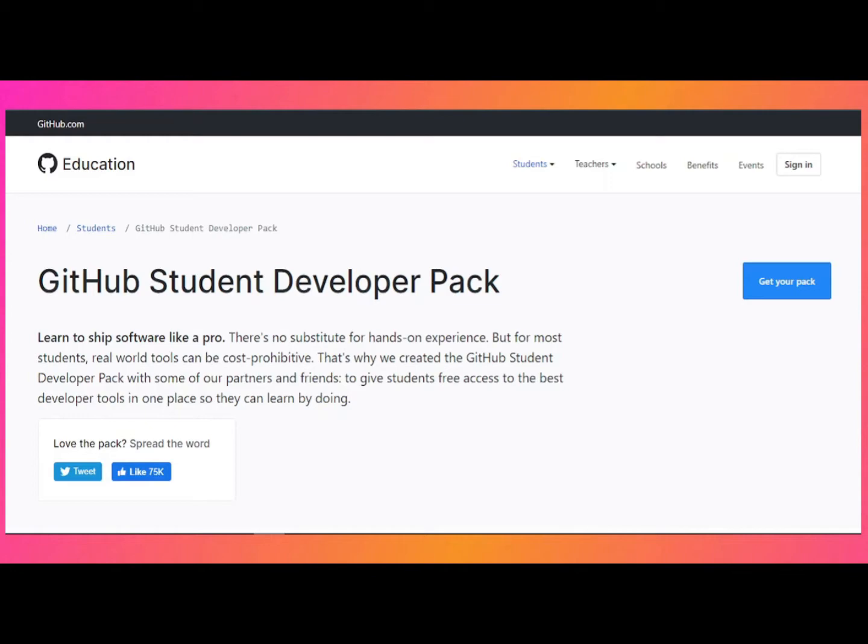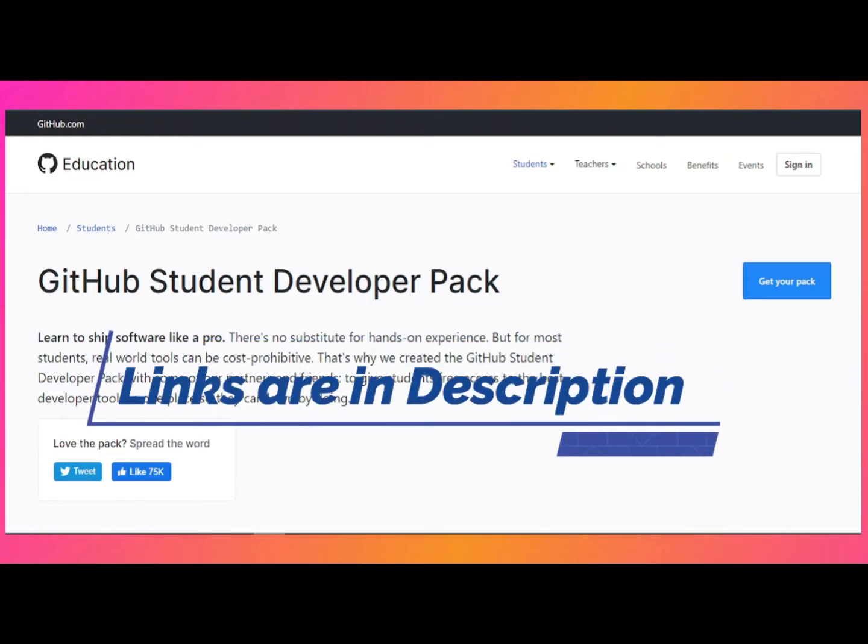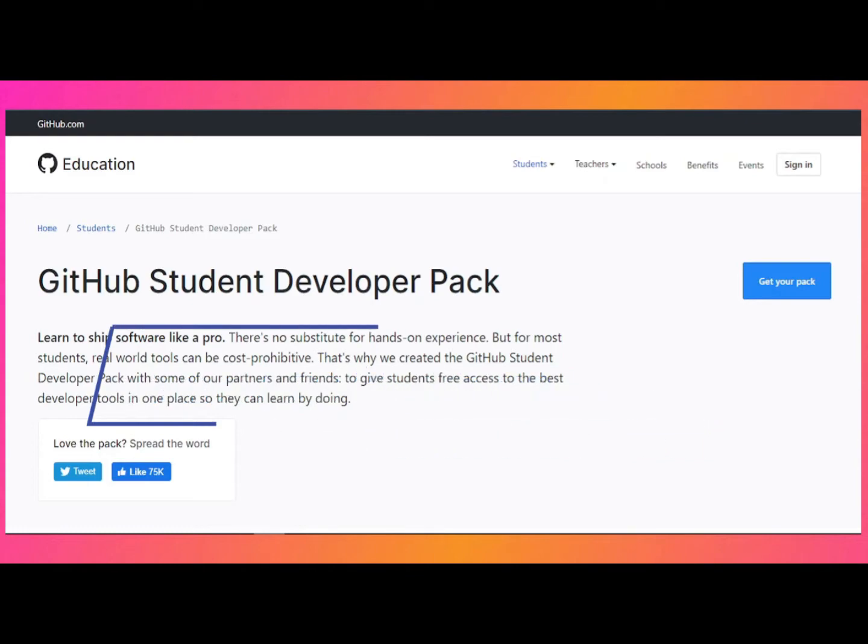You will also get entry access to GitHub Campus Expert, which means if you have the GitHub student pack, only then can you apply to GitHub Campus Experts. There are so many offers available in this pack.